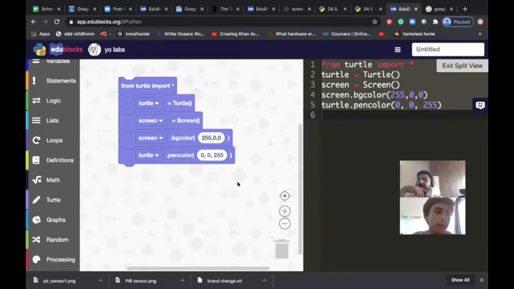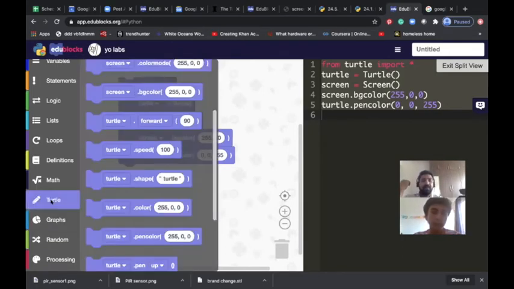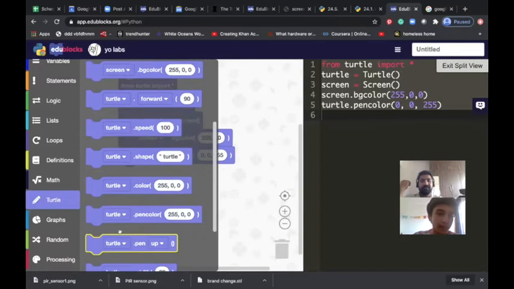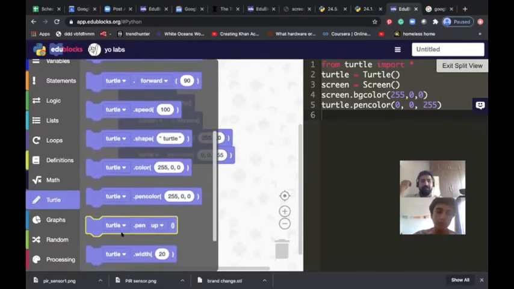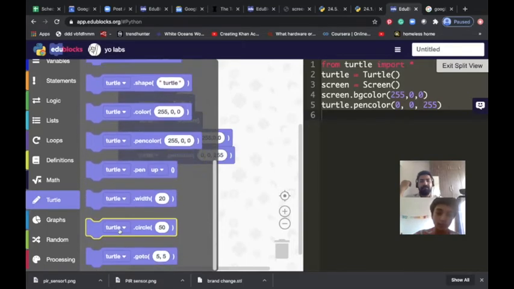Sometimes in the code, always remember, the default colors are black. So if you are not taking either black or white, it picks automatically. So you don't have to bother about that. But let's say we are picking this color. If we are picking this color, we want to check everything is working fine or not. The way to check is turtle pen color is 0, 0, 0. Yeah. Done.